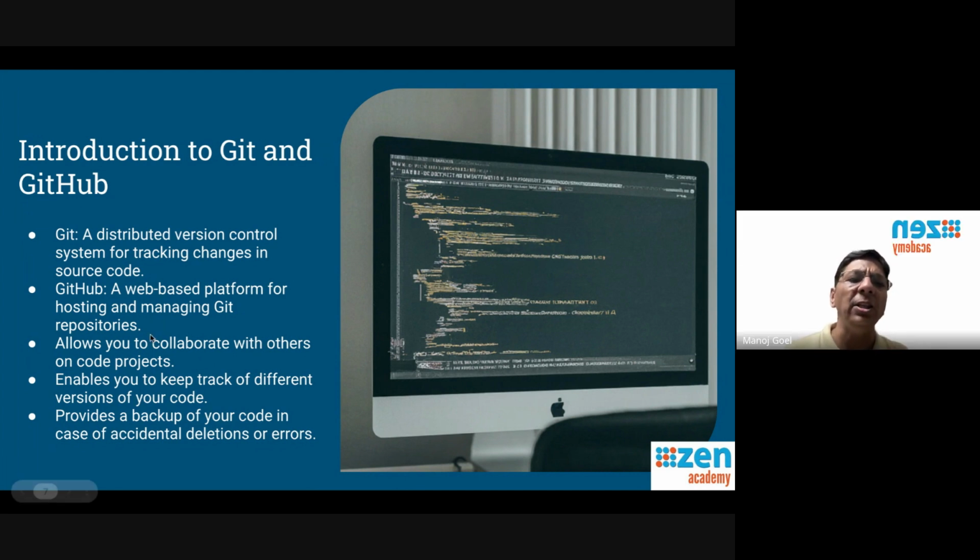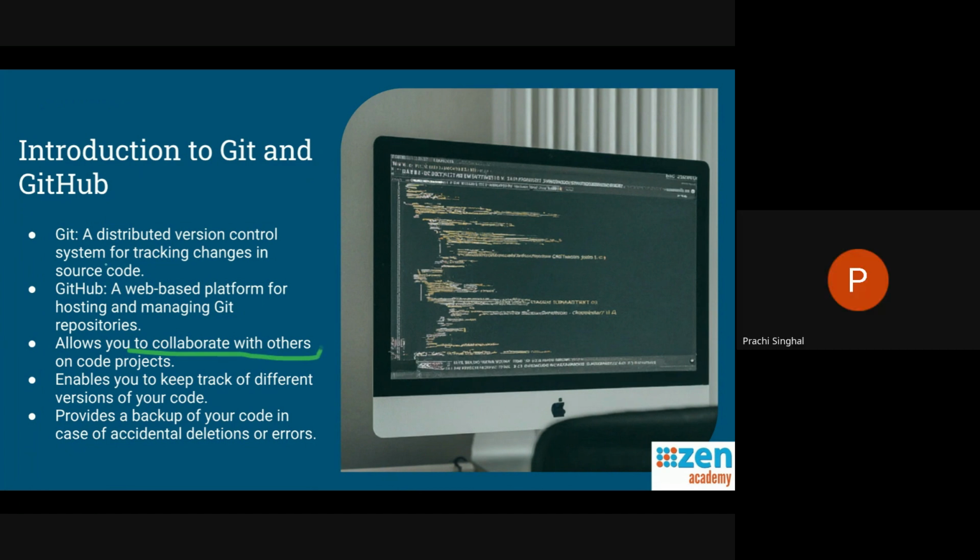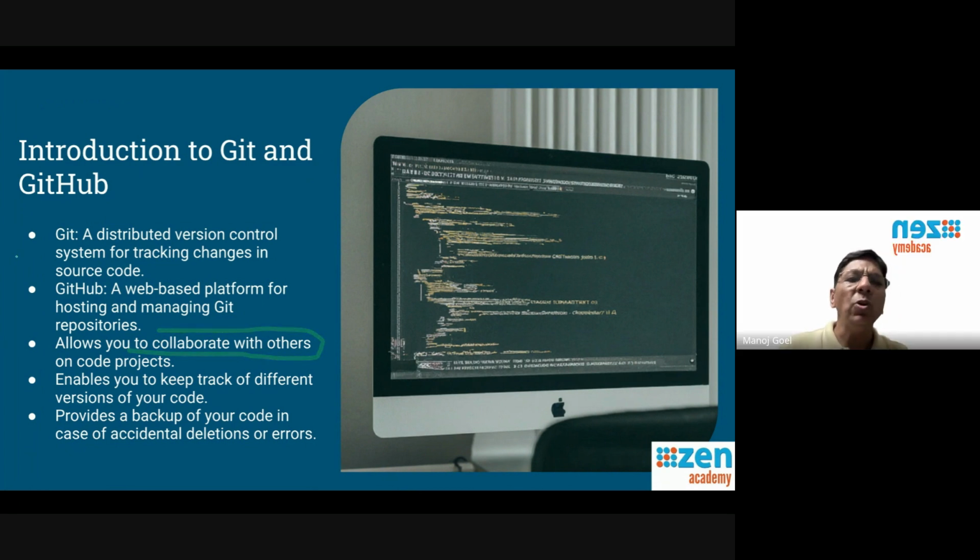So ideally, this is the key. What Git does, Git is basically allowing you to collaborate with others. Key. With others. Remember this. So when we're working in a team environment, we will be able to share our work with other people very easily. And at the same time, if by mistake somebody made a mistake in the code, okay, let's say